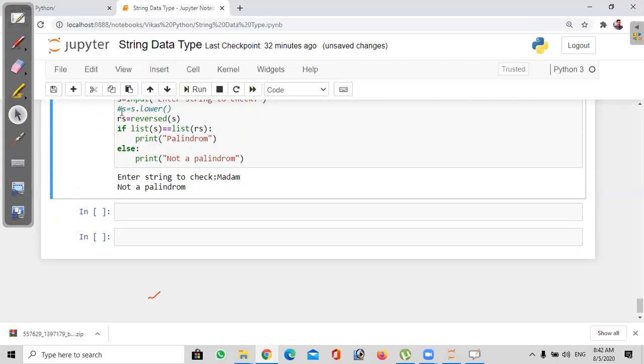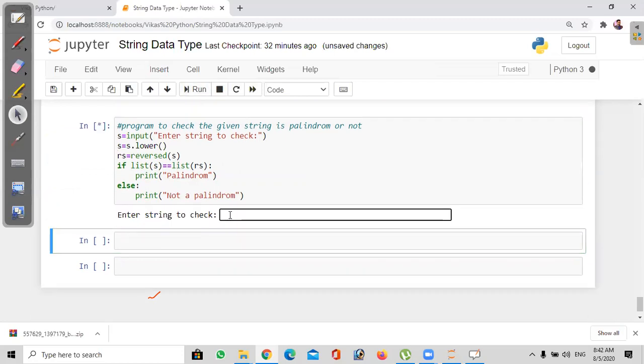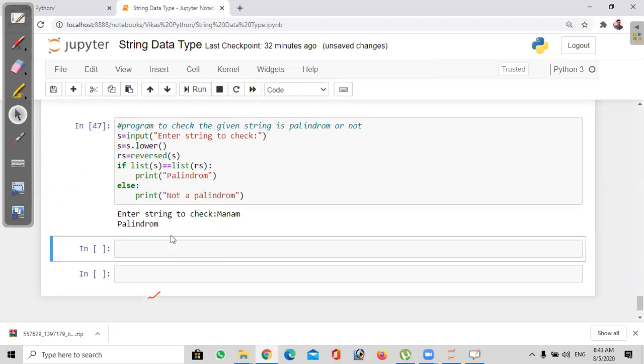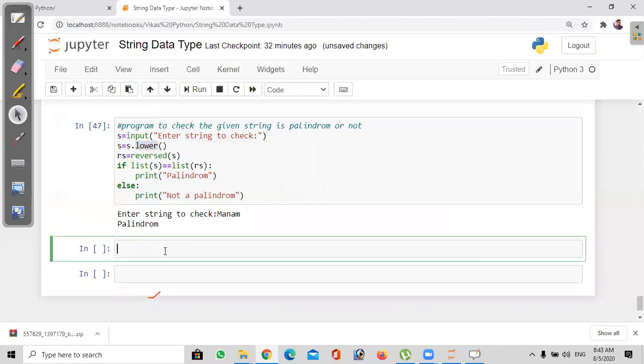But what I did here is I commented the line which converts from uppercase to lowercase. That means whatever characters we give will be converted to lowercase by using the lower function. Now, when you try to give this one, now it's a palindrome. Which means it's converted uppercase to lowercase. The lower function is used to convert uppercase to lowercase. Likewise, we also have the upper function.